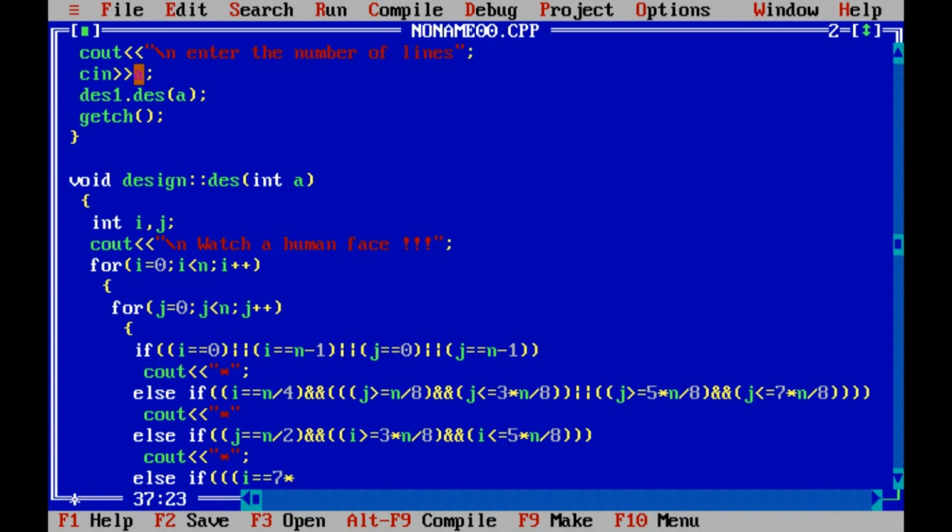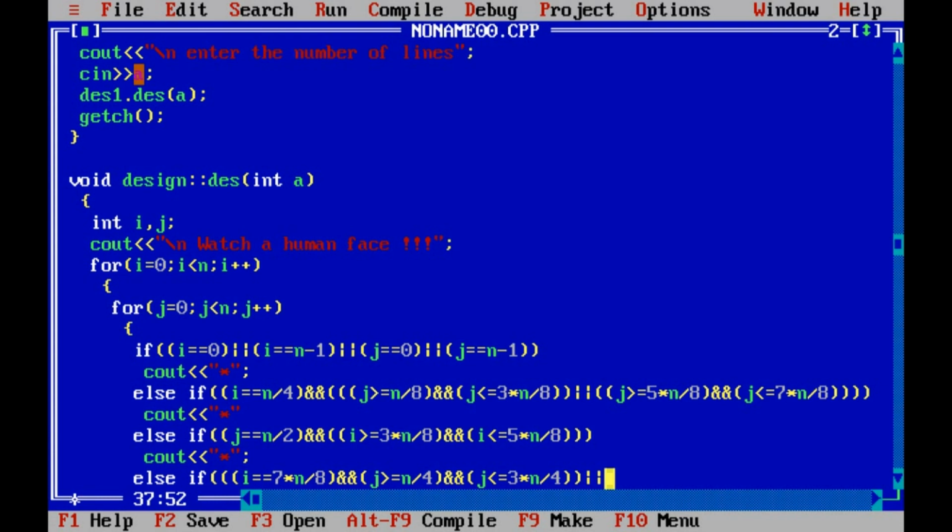Now for the horizontal line we use i double equal to 7n by 8, which will be just above our i double equal to n minus 1, and from there j greater than or equal to n by 4 double and with j less than or equal to 3n by 4. It is basically symmetrical to the n by 2th point, so it will spread evenly along the n by 2 at the left side and right side.